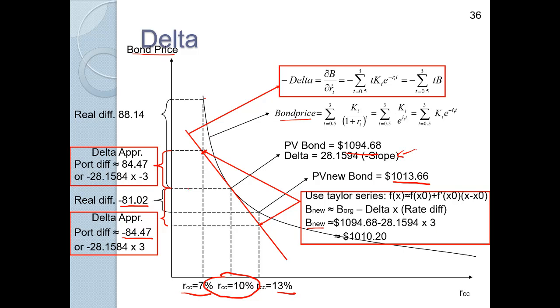This would get you the delta approximation price in here, because this is what's along this line. So if you compute the delta approximation, you're going to get that the bond should have gone up in price by $84. So in reality, it was 88, but the delta approximation gave you 84. So you see that this line is the one that is telling you what is going on in the delta approximation. But given that the bond price has a nonlinear relation with interest rates,